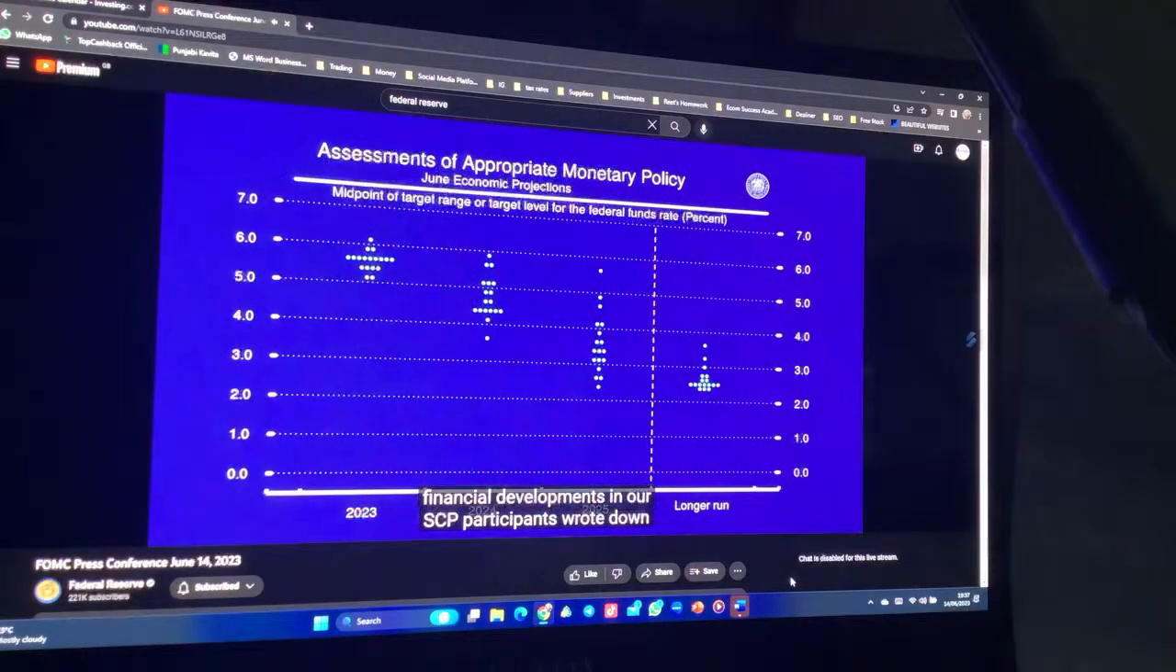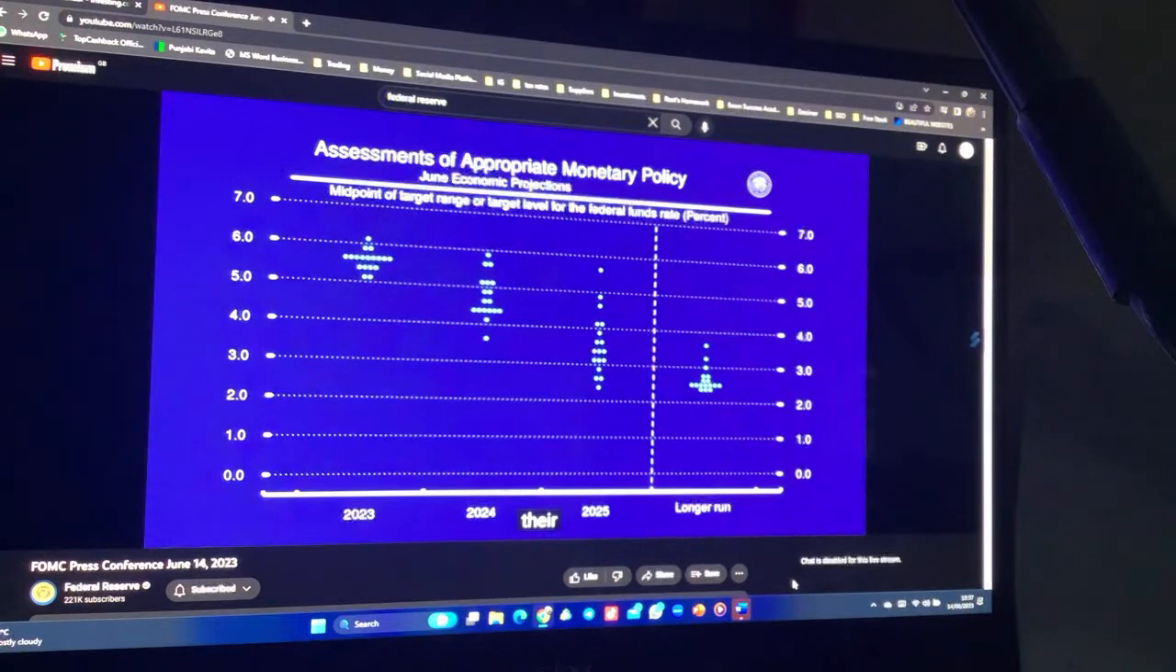In our SEP, participants wrote down their individual assessments of an appropriate path for the federal funds rate based on what each participant judges to be the most likely scenario going forward. If the economy evolves as projected, the median participant projects that the appropriate level of the federal funds rate